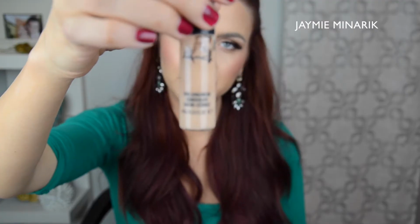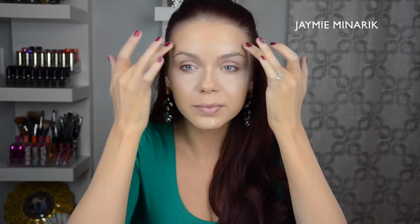Alright, so to start off with, we're using Kat Von D Lock-It Foundation with a Real Techniques blending brush. And I'm just applying this to the outer parts of my face, working my way in. I love using Kat Von D because I have some serious acne right now and it is covering all of it up. Then using MAC Pro Longwear in NW20, I'm going to do my highlight / conceal those baggy circles